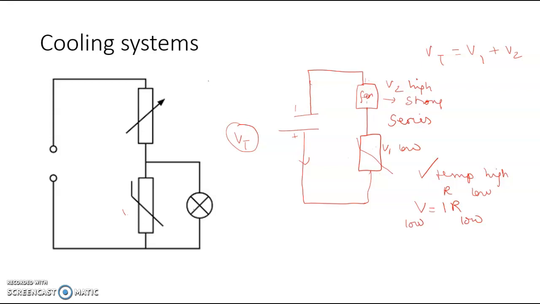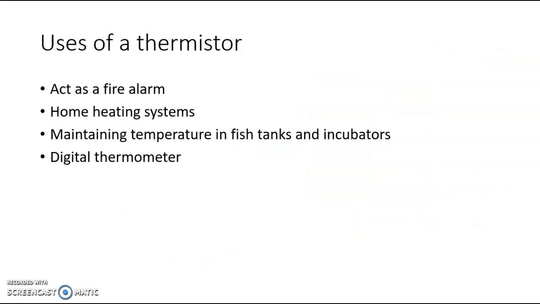So depending on whether you want the system to work in a heating or cooling way, you can arrange the thermistor either in series or in parallel. So based on the type of circuit, you can have a different variety of